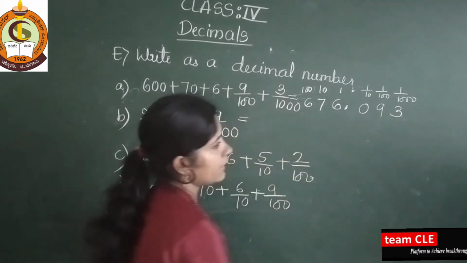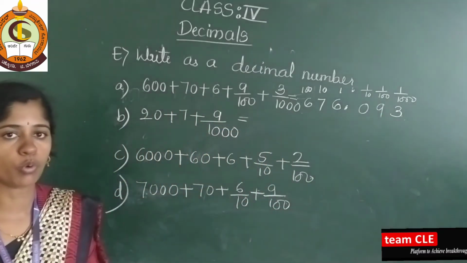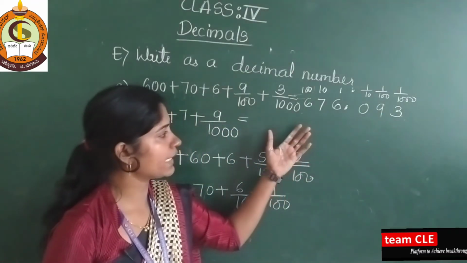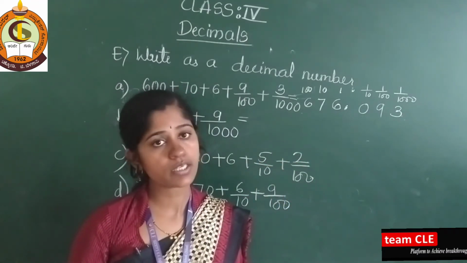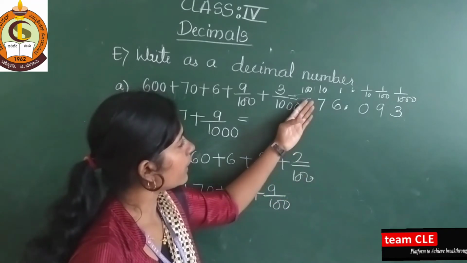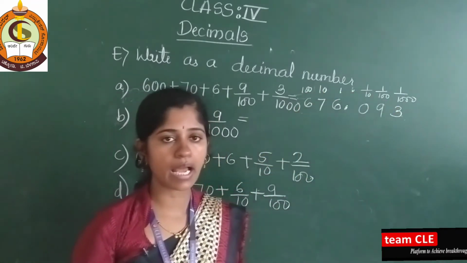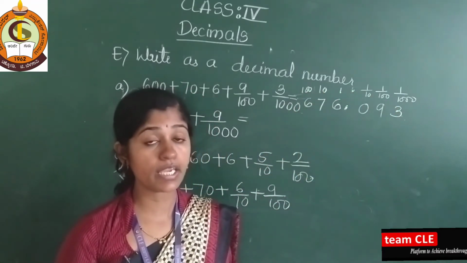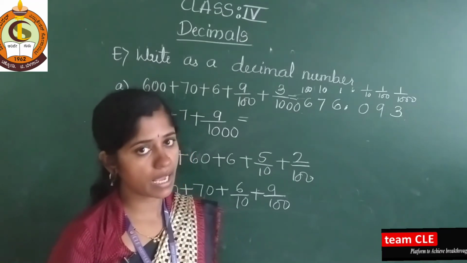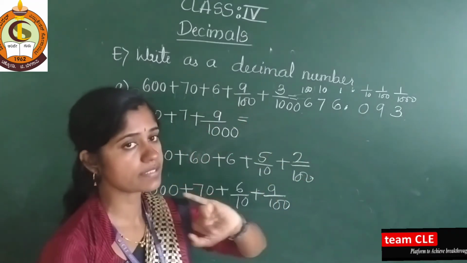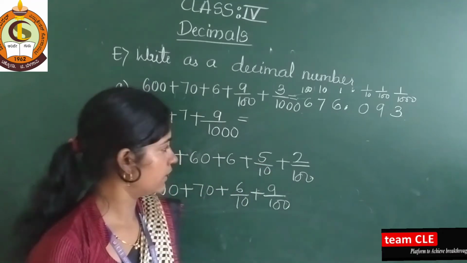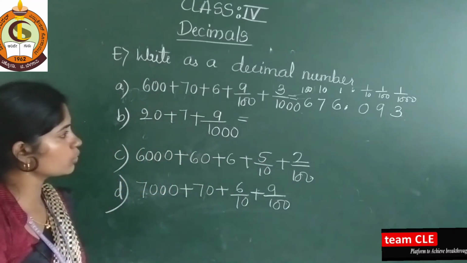There we need to give 0 and the remaining terms you write in 900, and this is 3676.093. So see here, most of the students, being overconfident, what they are doing, directly they are writing 93, but that is wrong. So if you are writing this type of place value chart, then it's very easy and you will get a correct answer. Why I wrote here 0, understood? Because here in tens place there is no digit. Next we will move to the next one.